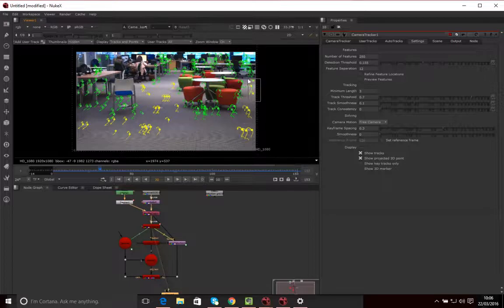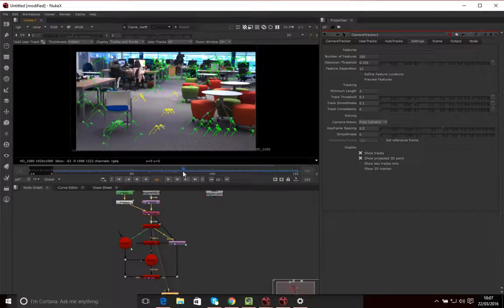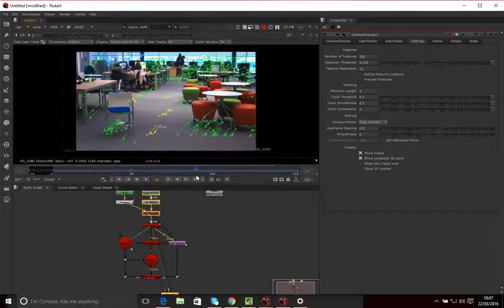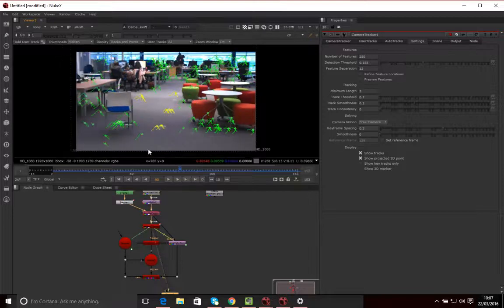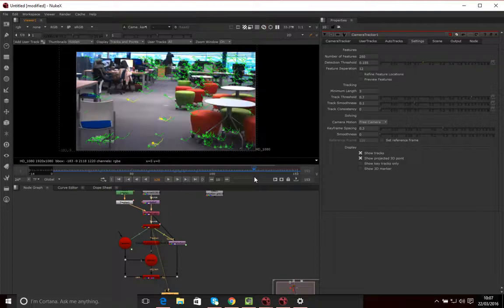And the key thing is to select tracking points that are at different distances, okay? Because that'll make it more accurate. Then I'm going to go through the scene a little bit, and there's a good number there that exist for a long period of time. Let's select that, and there's some more tracking markers I can select. I don't need to track everything, but I'm going through the scene, making sure that every